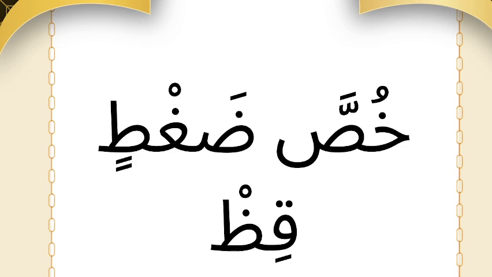Those are the 7 letters: kha, sad, dad, ghain, ta, qaf, and za. So those are the 7 letters that have to do with al-isti'la,